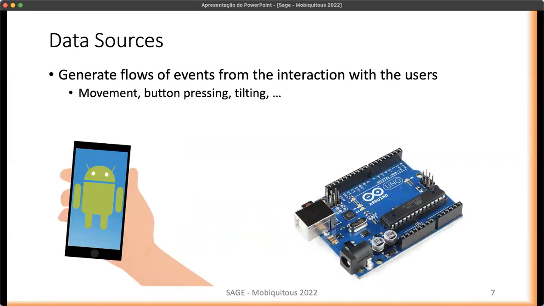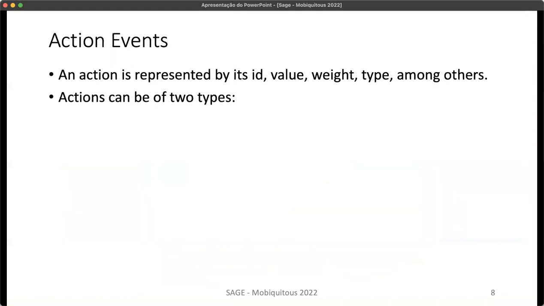Data sources are mobile devices or IoT devices, and they generate the flows of events by, for instance, moving the mobile device, pressing buttons, tilting the device, or triggering some IoT sensor. These events are then transformed into actions.